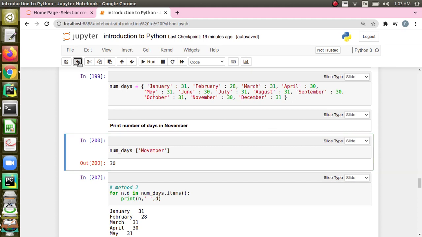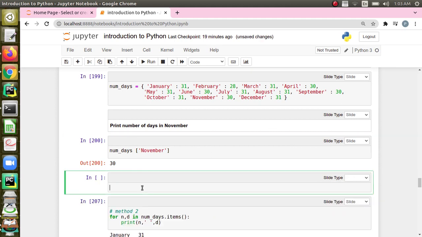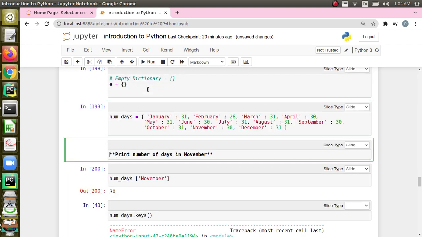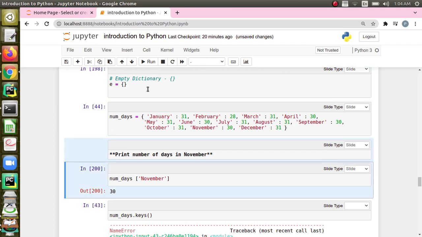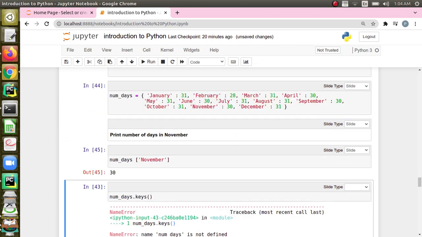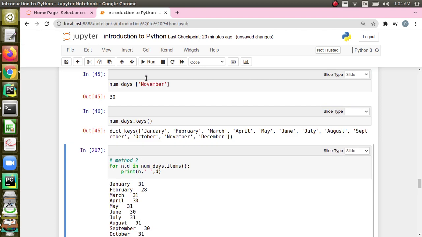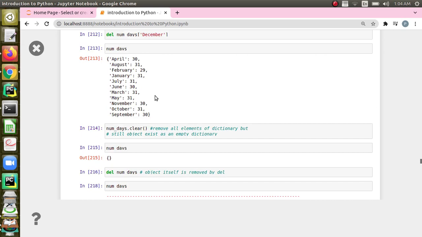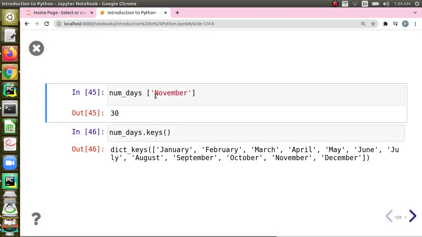I can insert one cell and write num_days.keys.